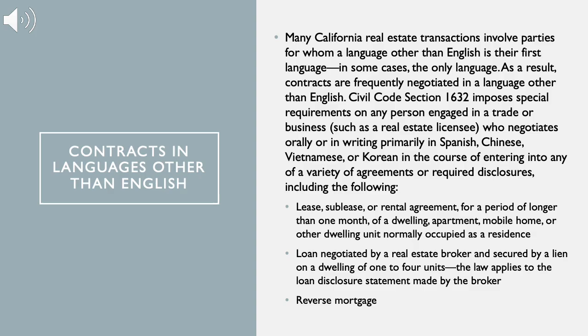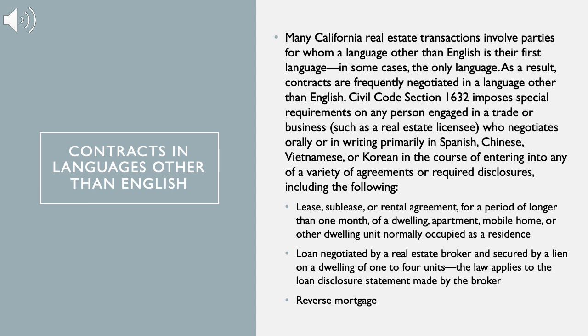Contracts in languages other than English. Many California real estate transactions involve parties for whom a language other than English is their first language, in some cases the only language. As a result, contracts are frequently negotiated in a language other than English. Civil Code Section 1632 imposes special requirements on any person engaged in a trade or business, such as a real estate licensee, who negotiates orally or in writing primarily in Spanish, Chinese, Vietnamese, or Korean in the course of entering